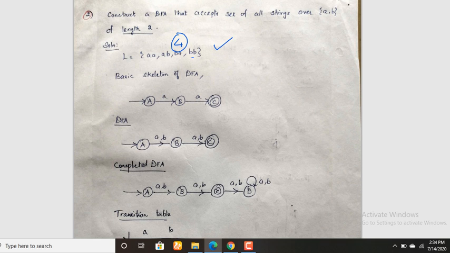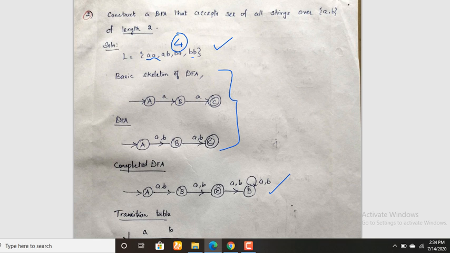What's the second step? Take the simple one. First I will take AA, which is also called the basic skeleton of the DFA. This is also optional, whether you include it in your exams or not. The completed DFA is the mandatory one. You can go directly to the completed DFA when you get experience working through more examples, or else you move on step by step. It's up to your choice.